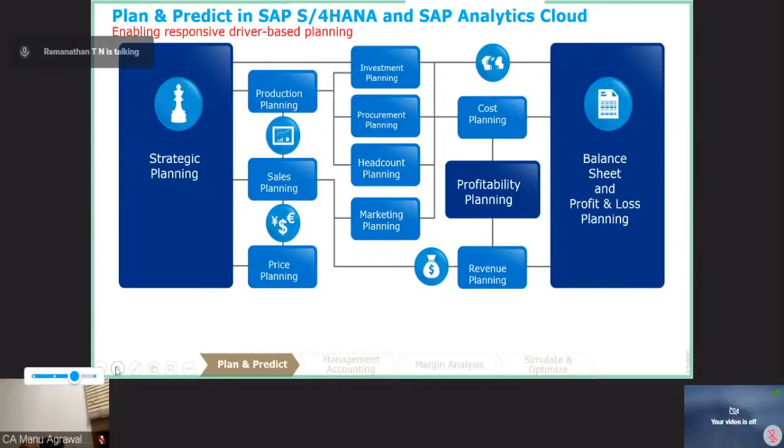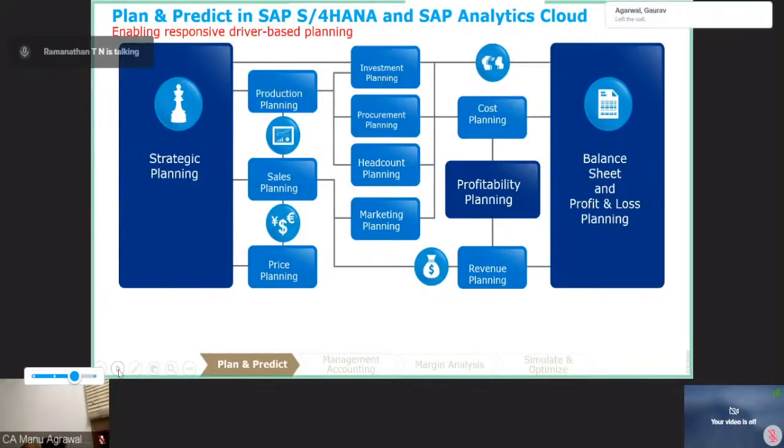And of course, when we talk about sales planning, price planning and material cost planning or production planning, they have a bearing on the working capital as well on the balance sheet. So when it comes to the balance sheet, largely the capital expenditure and the working capital planning contribute. All these are based on driver-based planning which is provided out of the box, which SAP offers on the cloud, which organizations can leverage and straight away start